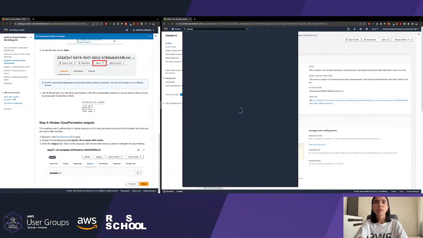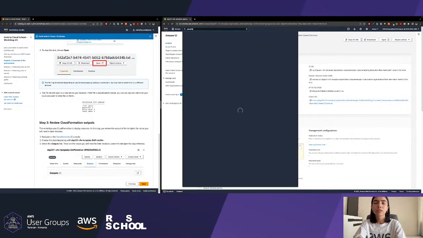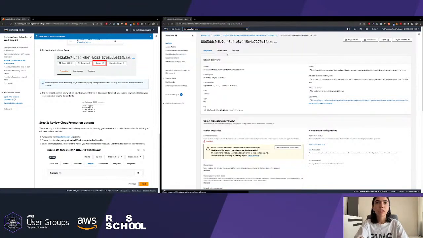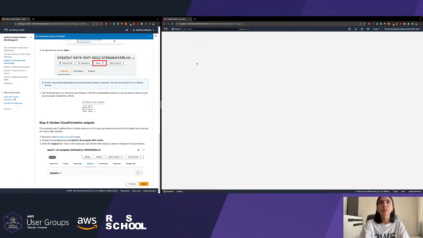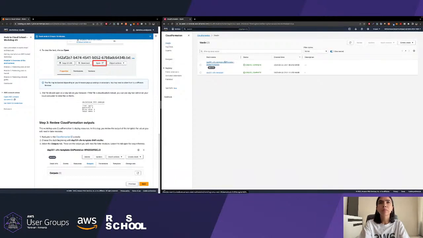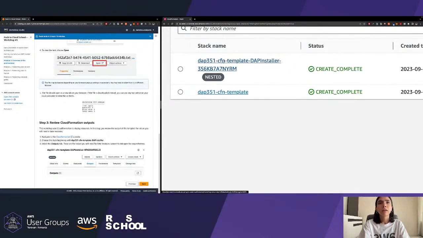And now I want you to open the CloudFormation console. As I mentioned, everything is provisioned with the CloudFormation template, and just open this template that has in its name CNF template DAP installer.